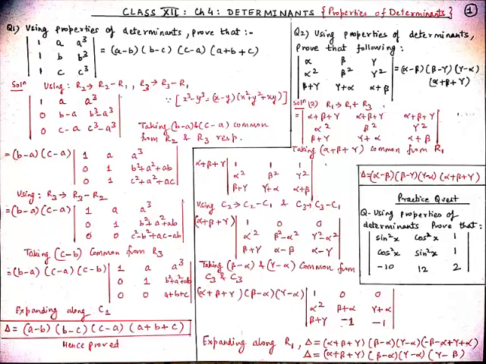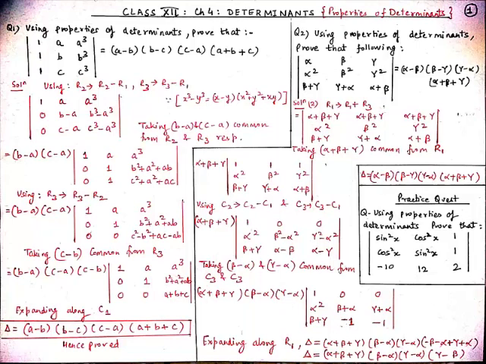And in our determinant, 1 0 0, alpha square, beta plus gamma, gamma plus alpha, and in row R3 beta plus gamma, and as we have taken beta minus alpha as common, in our determinant we get minus 1, and then again we have taken gamma minus alpha common, so in our determinant we will write it as minus 1. And now student, on expanding it along row R1, alpha plus beta plus gamma into beta minus gamma into gamma minus alpha, and then beta plus alpha into minus 1, so minus beta minus alpha, and then minus into minus will become plus, so plus gamma plus alpha. So from here minus alpha and plus alpha will get cancelled out, and in the bracket we get gamma minus beta.